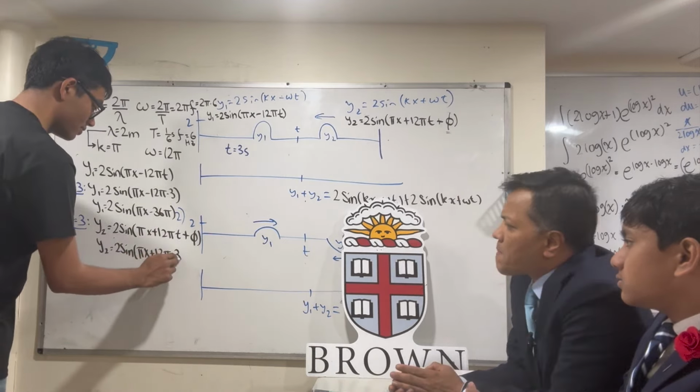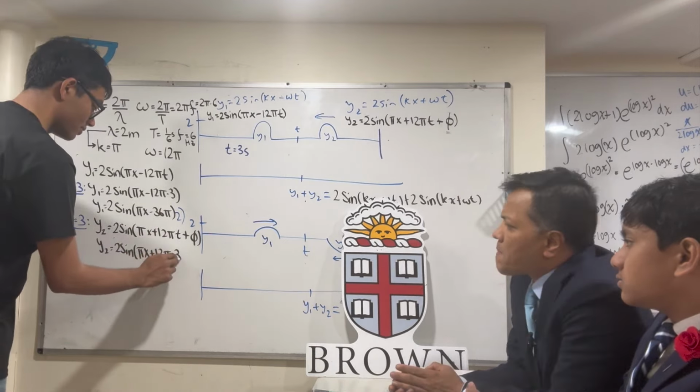But remember, I want them to be in the same place. So let's compare these two. See, everything is the same. 2 sine, 2 sine. But look inside. Pi x minus 36, pi x plus 36. How can I make this plus 36 into a minus 36? By choosing this phase shift to be minus 72 pi. So then this whole thing becomes pi x minus 36 pi. Okay, so now we figured out what our phase shift should be. Now I can come back here and replace this with our phase shift, minus 72 pi, and now